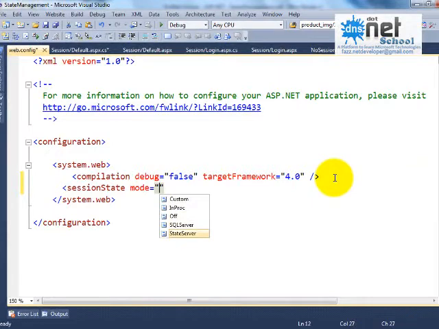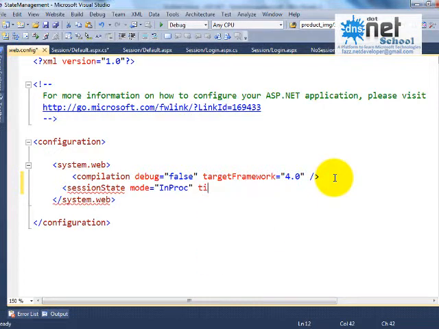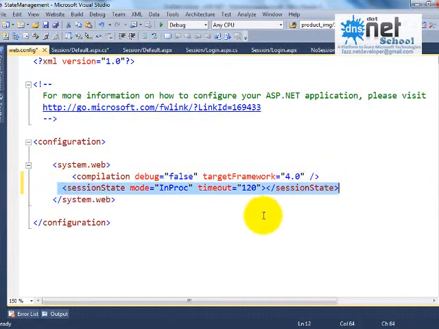By default, if you are not mentioning anything, it will be in proc only. Timeout period, for how many minutes do you want? Okay, 120, like that. The timeout period you can mention in the web.config file under the system.web element.